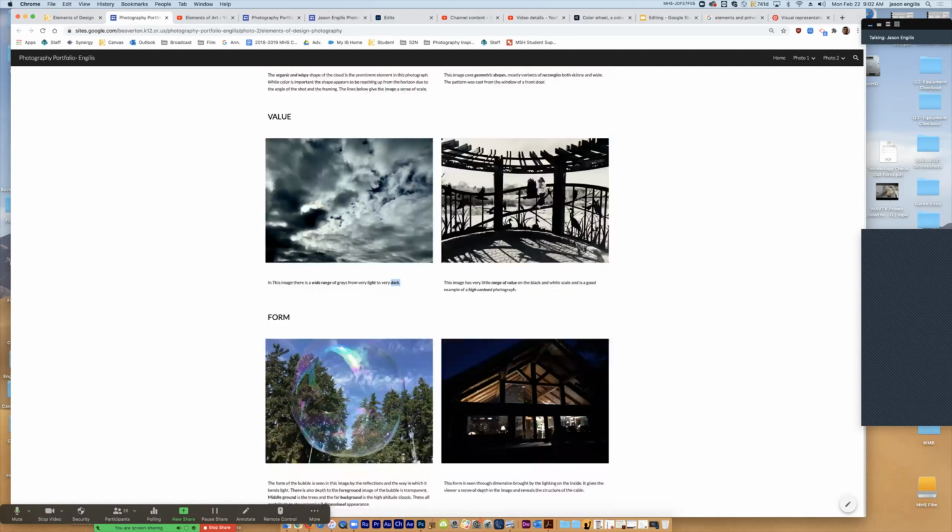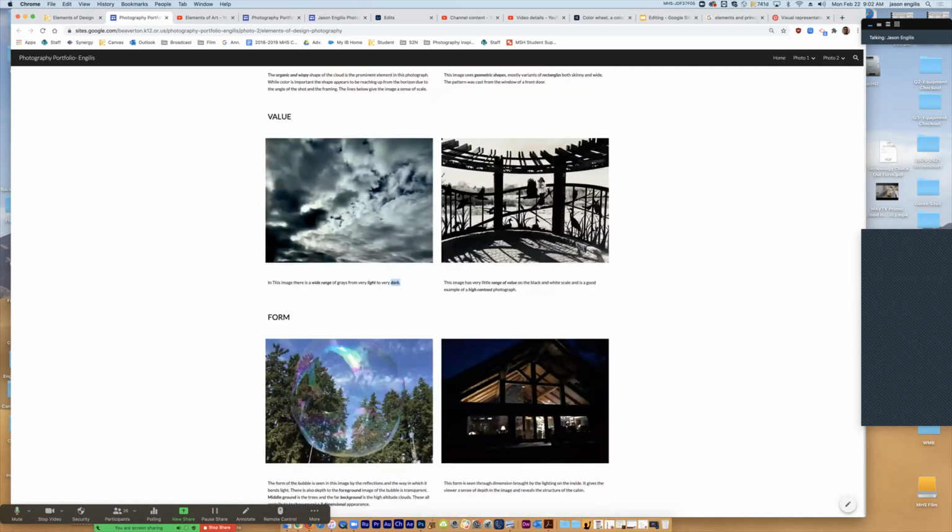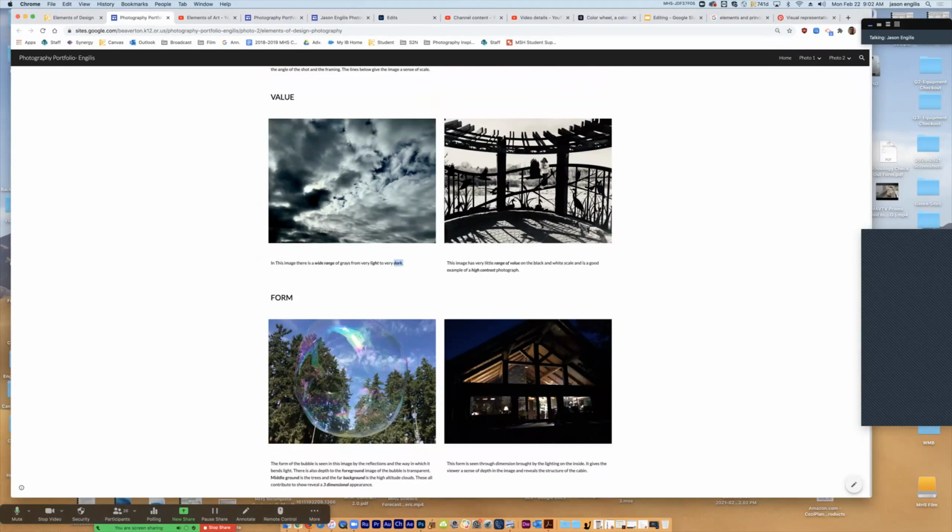photos that I select. The last one, form, is all about 3 dimensions. When I did mine, I took it in 2 different directions. One was the form of the bubble. Now, I could say it's shape because it's kind of a circle, but the reason I think this is a good example of form is because of the reflections. Because when you see this in motion, I did some slow motion shots of it, the form is moving, and that's even cooler because what ends up happening is the reflections move as the bubble shifts and shapes and gets